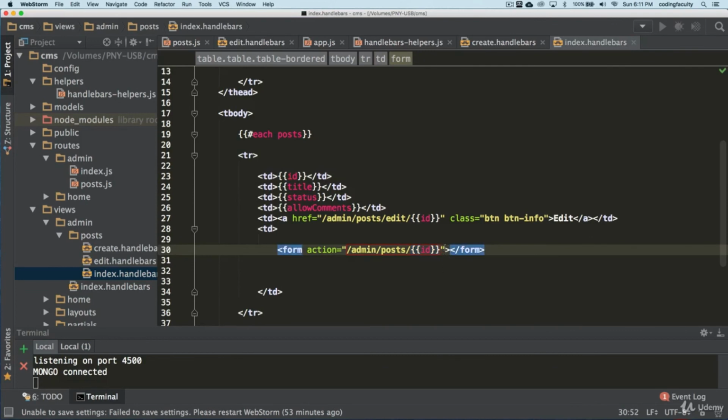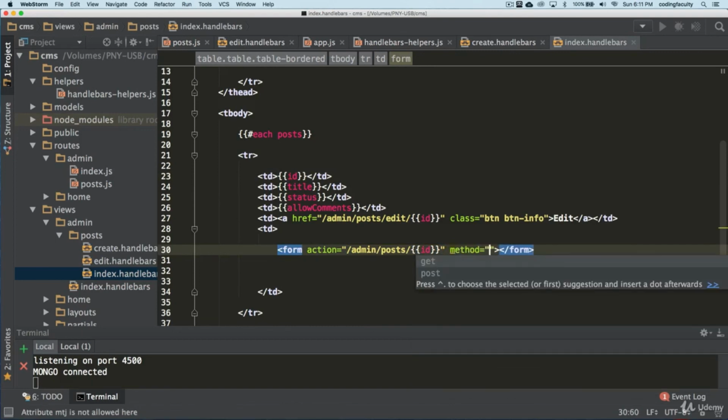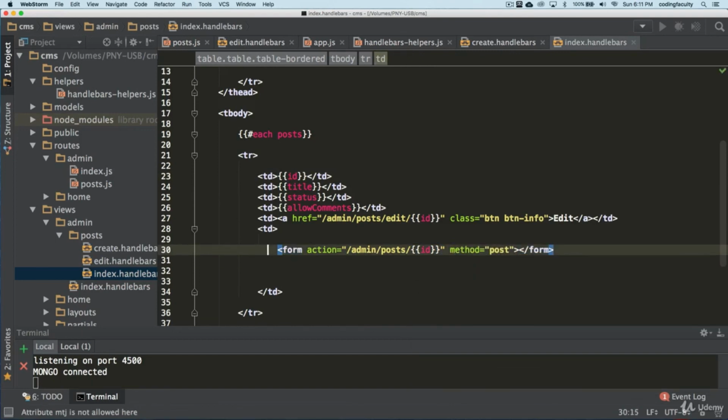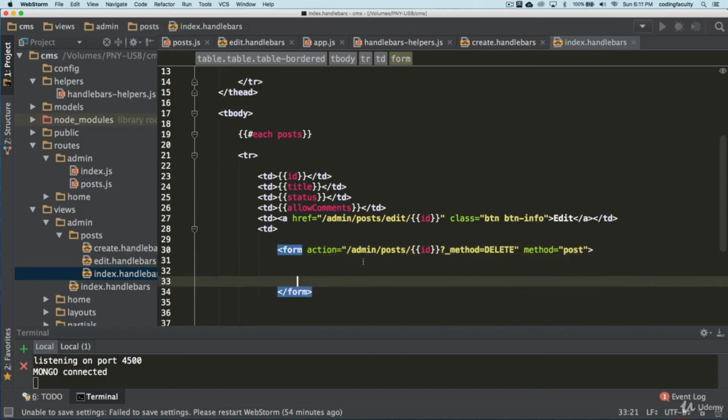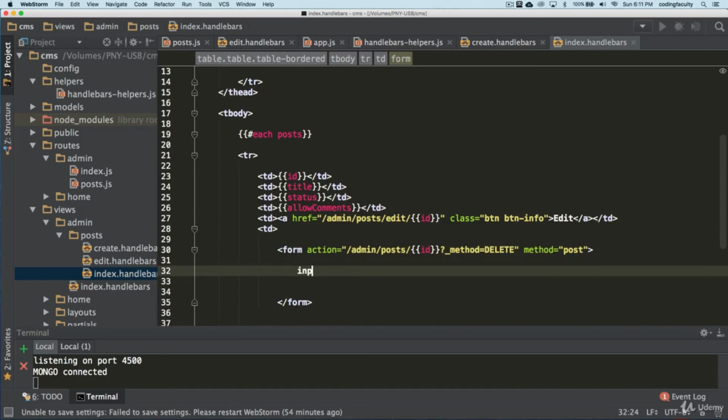The form's original method is going to be post, but since we're using method override, I want you to follow best practices and use this verb, delete. Simple as that.